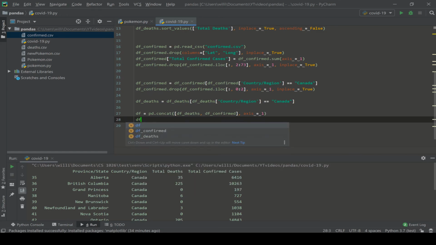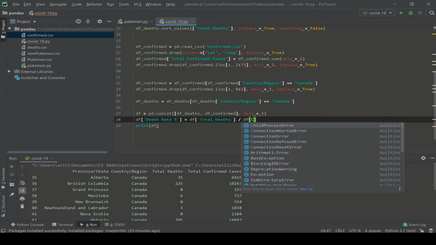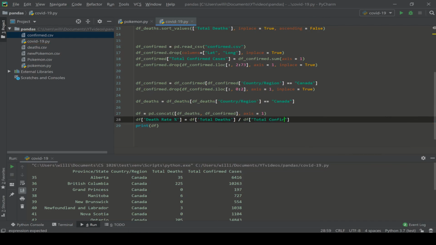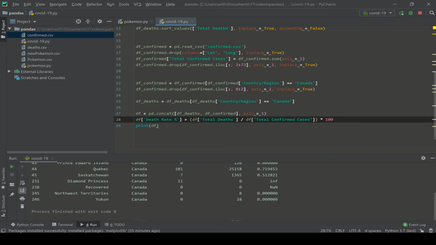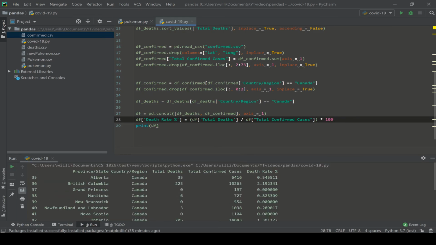And to do that, we want to create our death rate column, death rate, and I'm going to put it in percentages. And here's where the math comes in. So we're going to do df total deaths divided by df total confirmed cases, and we want this in a percentage, so we're going to multiply by 100. And when we do this, there we go, we get our percentages. So as you can see,